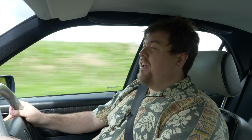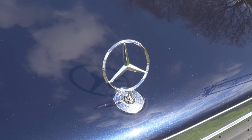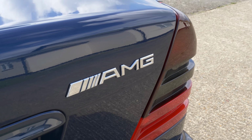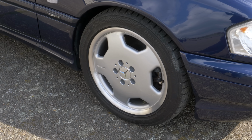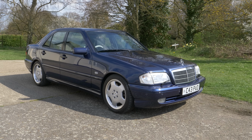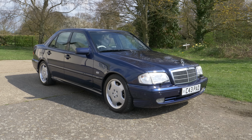This is the Mercedes C43 AMG. And if you're into fast Mercs, which I'm not, this is basically Genesis. You see, this was the first car that AMG actually built. Now, I am no expert in these matters at all, and I invite you to help me fill in some